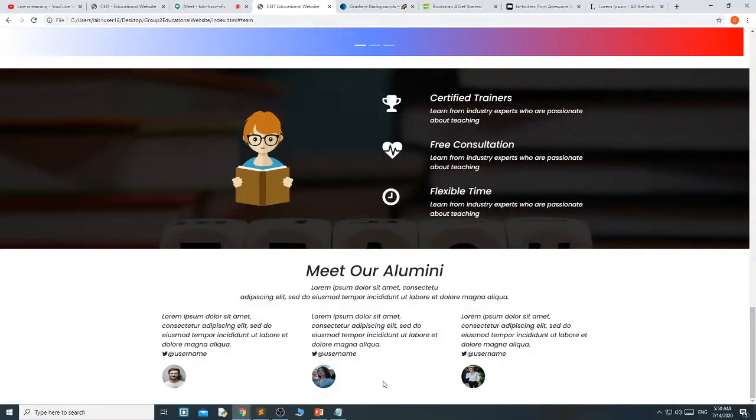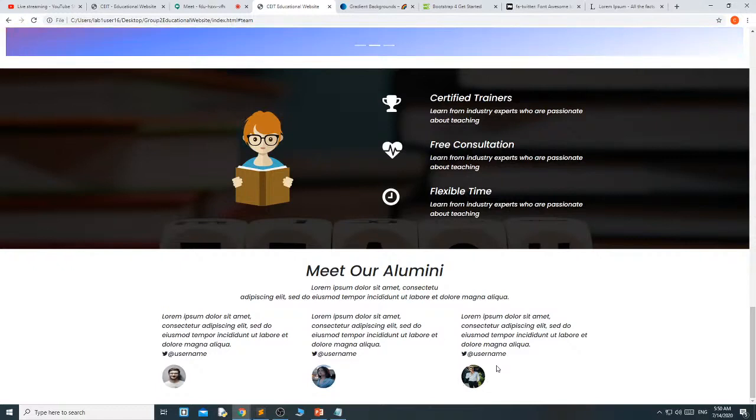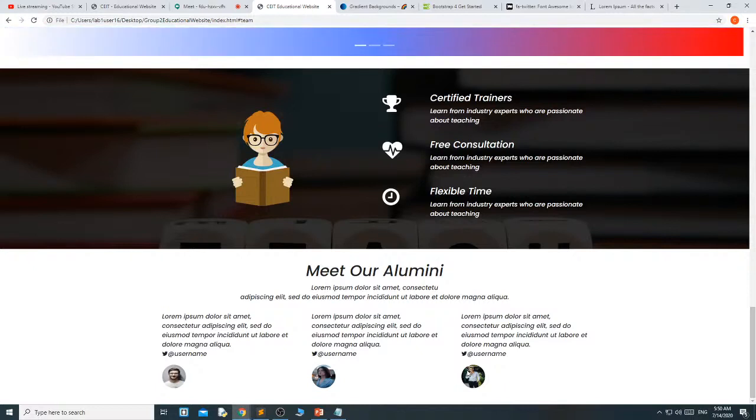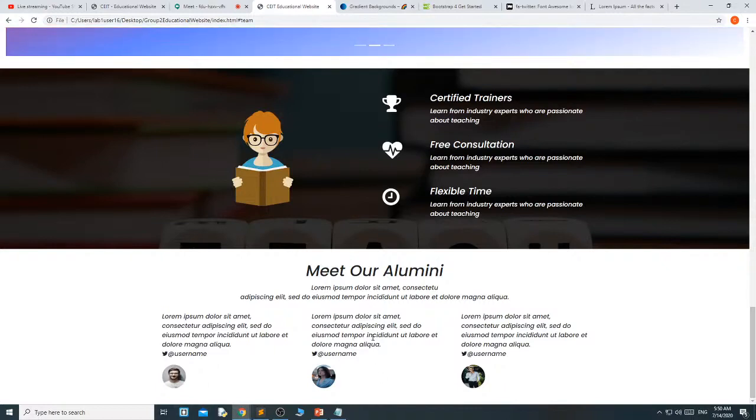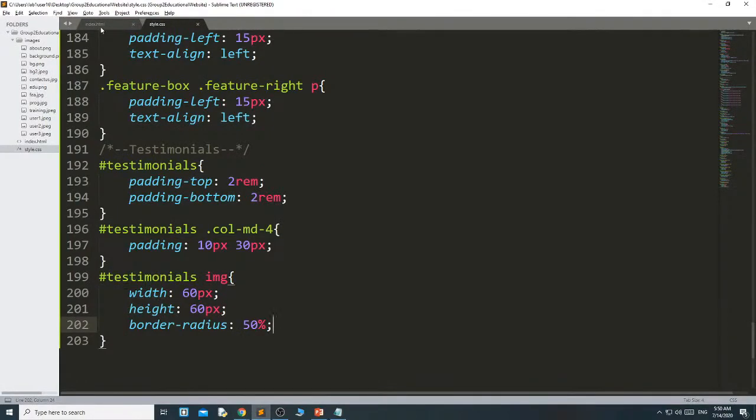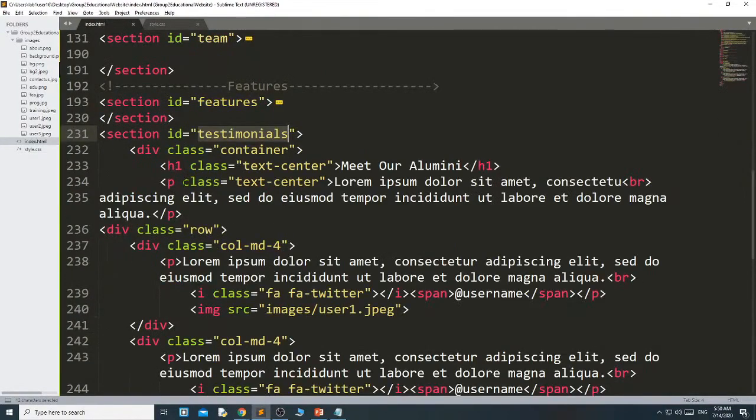Okay. You can give border radius 50% here, or else in the image you can use the bootstrap class rounded-circle. Both will work in the same manner. Okay. Then I have given 50%. Now it becomes round. Now I will design the paragraph. Then again I will come to image. To design all the paragraphs,